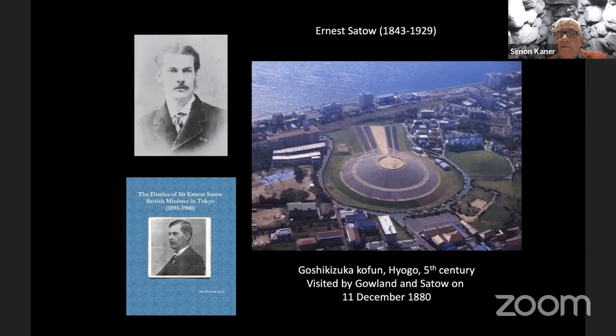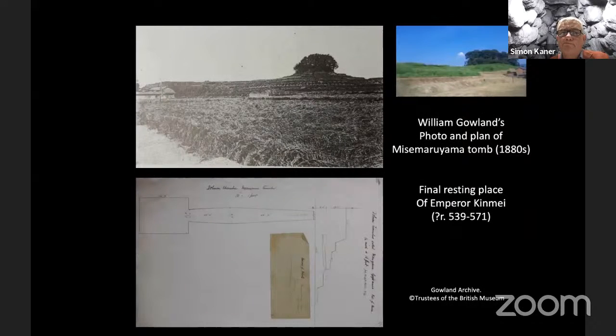But these were the sites that really excited the interest of Gowland, and he was aware of earlier discoveries. There was a famous site, in 1873, the Etafunayama Kofun in Kyushu was excavated that produced a sword with an inscription on it, talking about one of the 5th century emperors. And he became intrigued by all of that and the reports that were made of that. It was Ernest Satow at the Asiatic Society of Japan who was the first person to report on that.